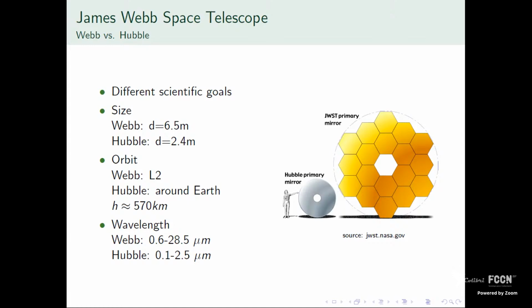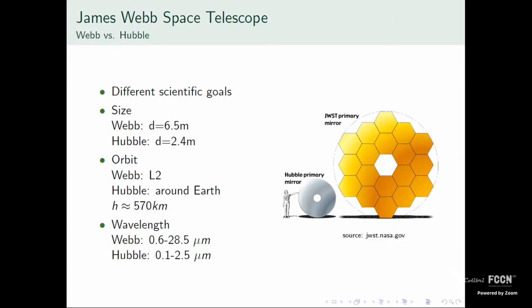Okay, so now just a brief comparison with the Hubble Space Telescope. Not only do Hubble and Webb have different technical capabilities, but they also have different scientific goals. The Hubble Space Telescope was designed as a general purpose observatory, to observe galaxies, planets, and stars. But Webb has a specific mission, and that is to study infrared astronomy, basically. Regarding the technical capabilities, Webb has a primary mirror that is much larger than Hubble, and its collecting area is around 6 times larger.